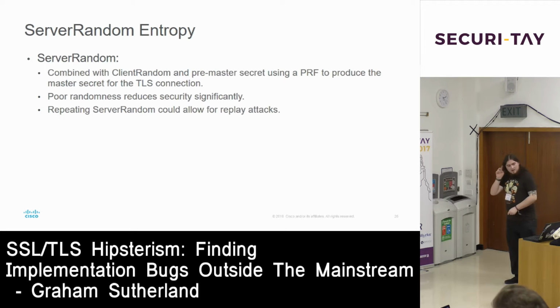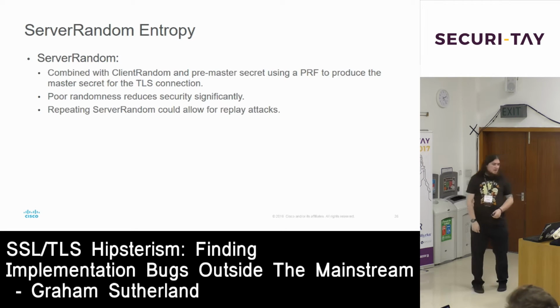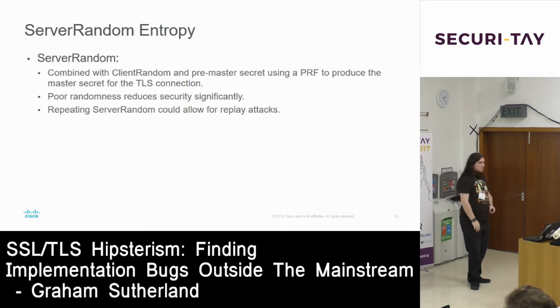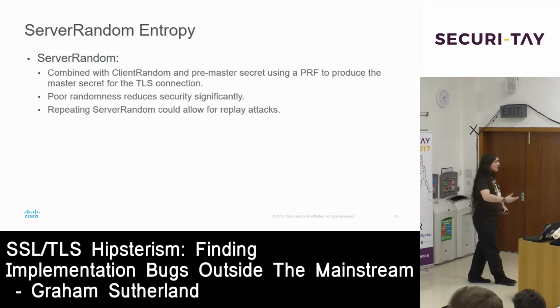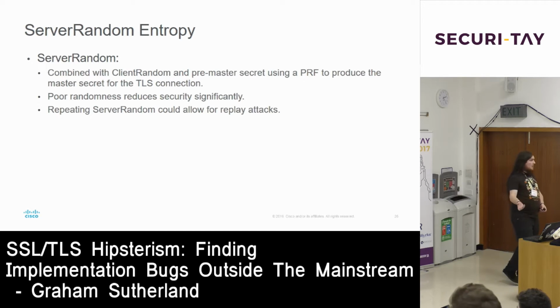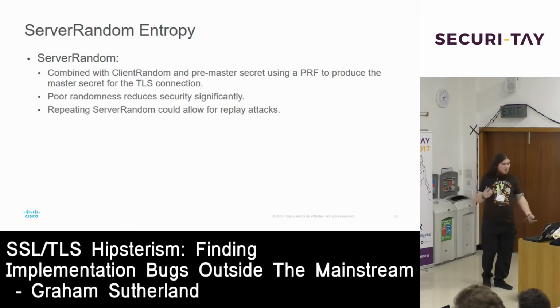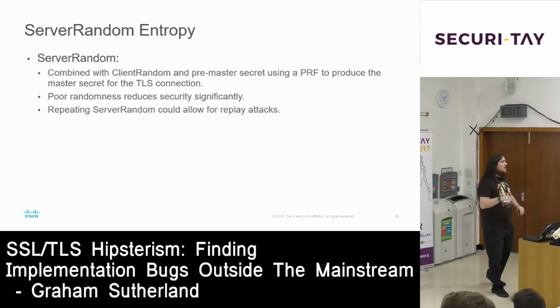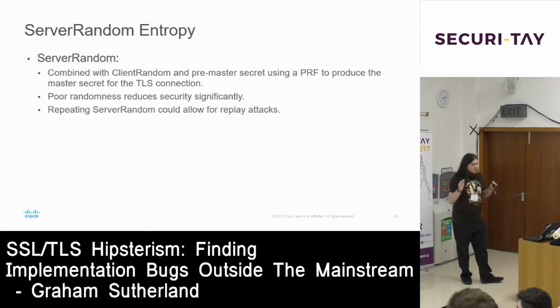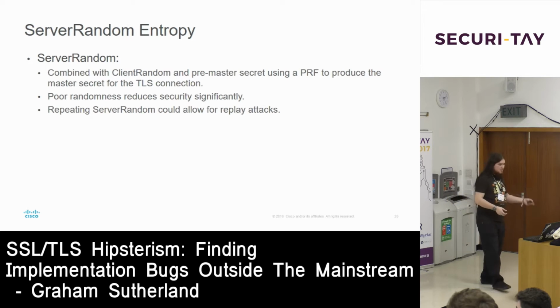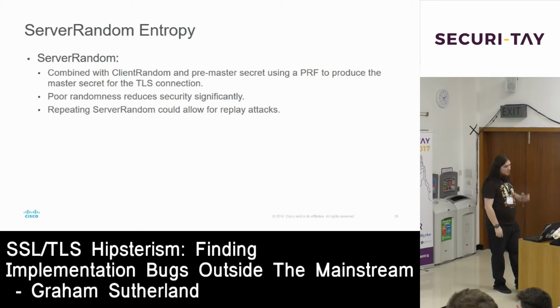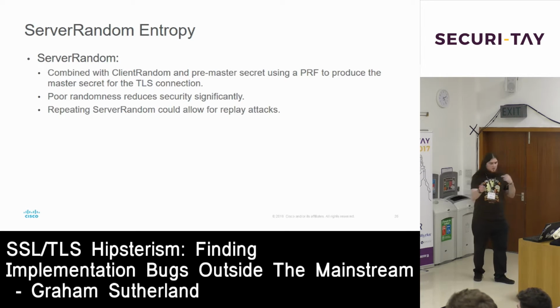Cool. So the next thing is ServerRandom. ServerRandom is really important. When you make a connection to a TLS server, you send a client hello, and that client hello contains a client random, and then the server responds back with the server hello, and that contains a server random. This means that both sides of the connection are supplying random data, which is then used with a pseudo-random function, or PRF,